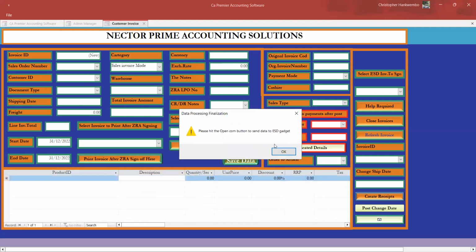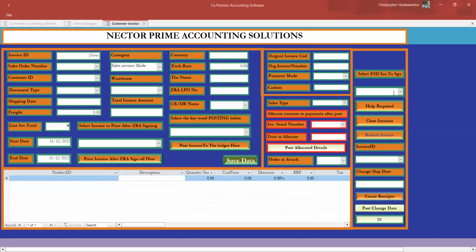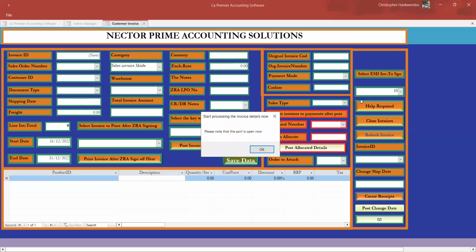Once you save, then the software will tell you to now hit the open com button to send the data to ESD. Here you simply say okay. Then here where it says select ESD invoice to sign, you select that invoice data here to open the ESD. As you can see on your screen, it says start processing the detail now.